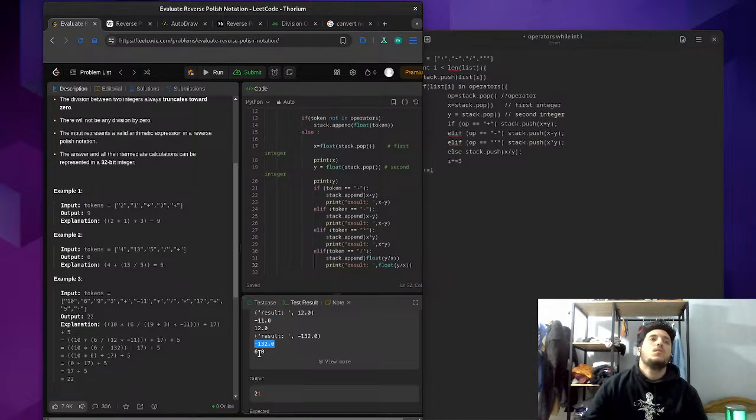So when he gets to 6, it's gonna push 6, pop 6, and then if I have a token which is this float minus, x or y lower than 0, then